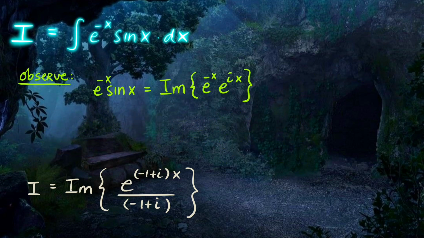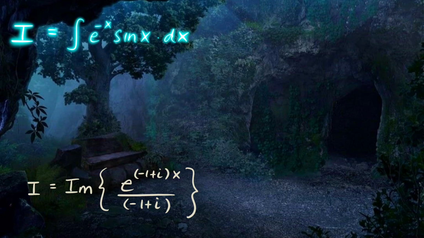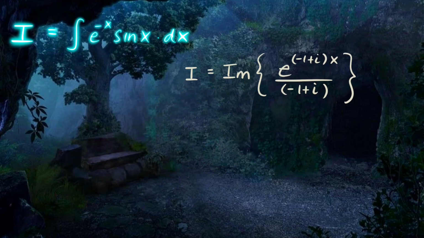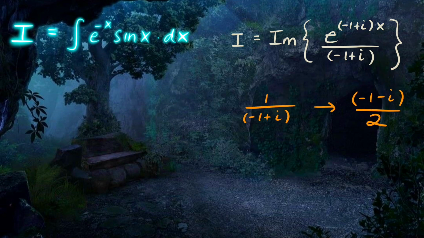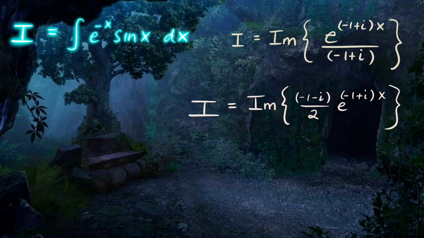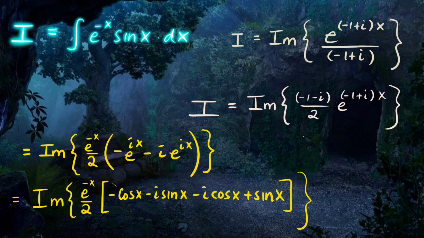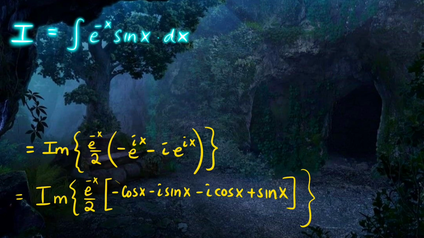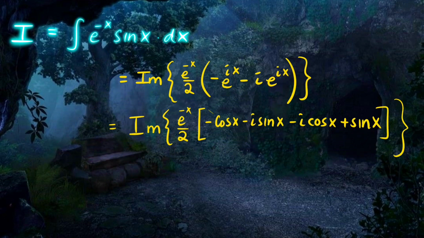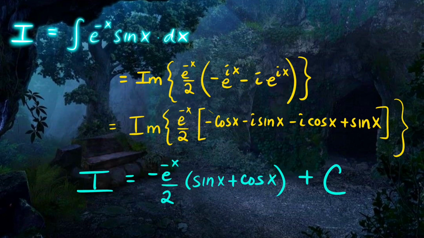Now, we don't want to leave that complex number in the denominator, so what we're going to do is change the form of that just slightly. So we'll recognize that 1 over negative 1 plus i can be changed into negative 1 minus i over 2 by multiplying the top and bottom of that fraction by the complex conjugate, therefore eliminating the complex number in the denominator. And then once we take this and we divide out the real and imaginary parts using their complex trigonometric components, we can pull out the imaginary part from that expression,